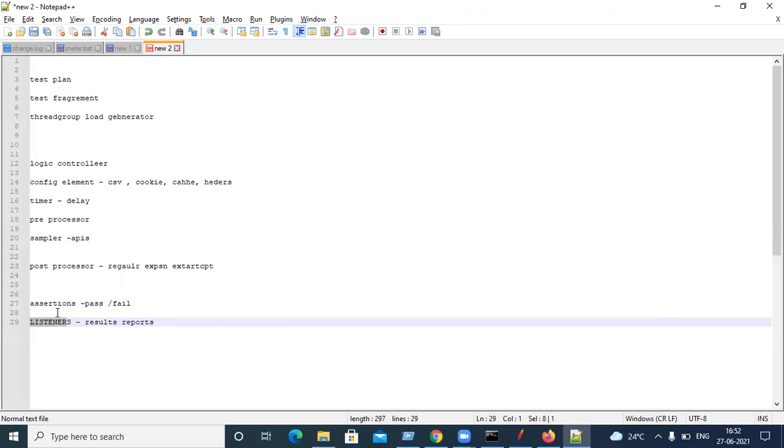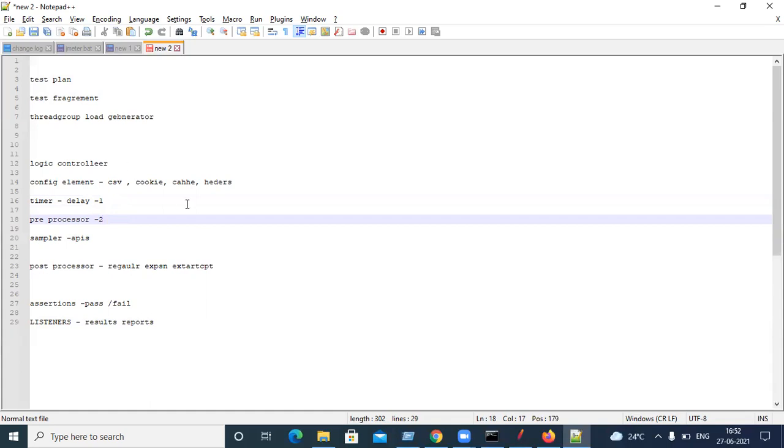I think the first one will be timer. Okay, timer is first, then pre-processing, then the third one will be the input parameters. We can log in from different users, we can read from a CSV file.